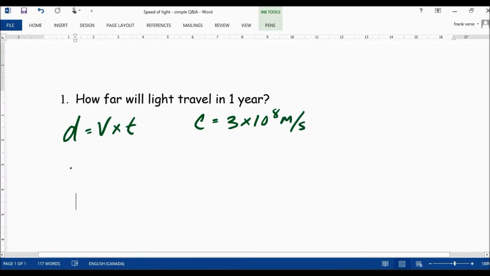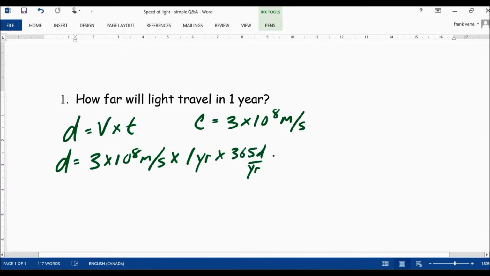So our equation is going to look something like this. It's going to be d is equal to v, which is really c, which is 3 times 10 to the 8 meters per second, times time. Now, what's time? Time is 1 year. And 1 year is 365 days, so it's 365 days per year, which is 24 hours per day, and that is 60 minutes per hour, and that is 60 seconds